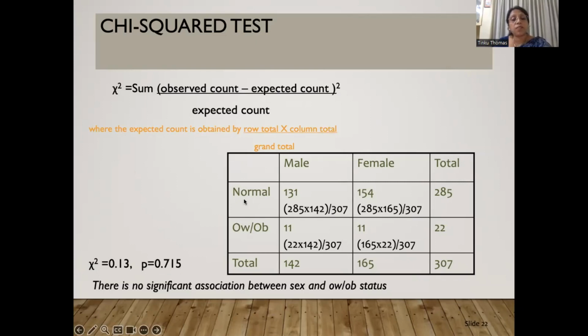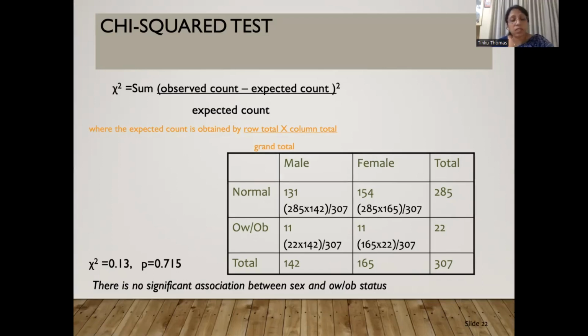So you see here, just like how our general test statistic was, that is observed minus expected, here again, we have observed minus expected. The expected values are calculated using the observed data over here. And we conclude that since the p-value is 0.715, there is no significant association between sex and overweight obesity status. That means we do not have sufficient evidence to state that there is a difference between